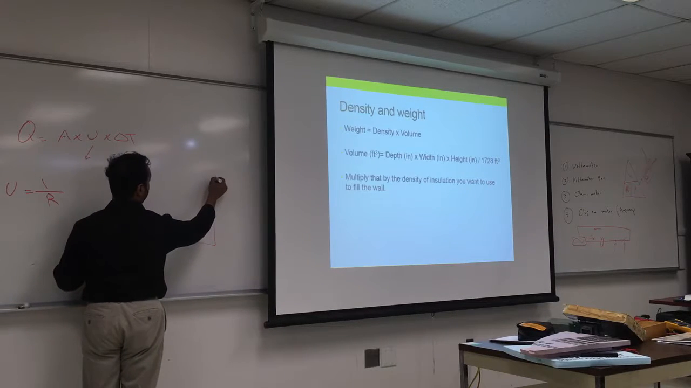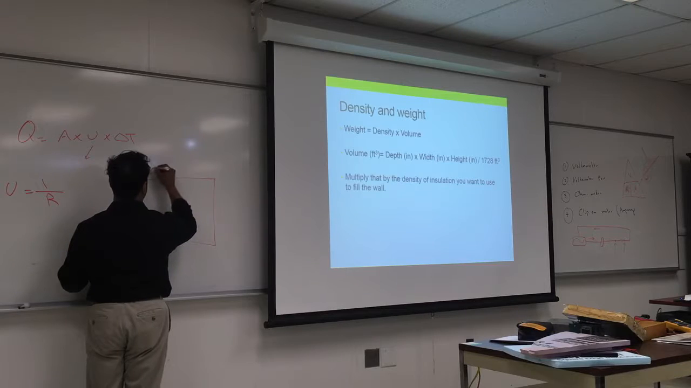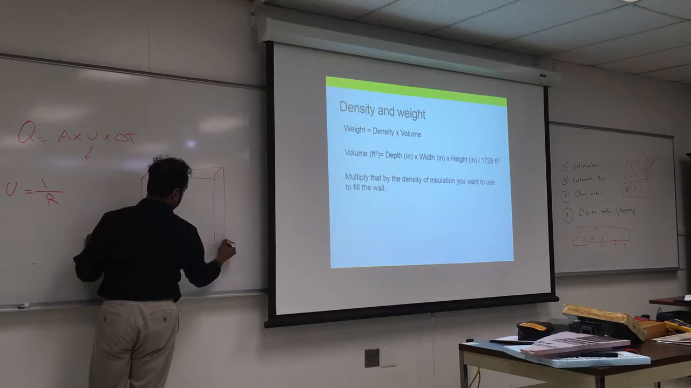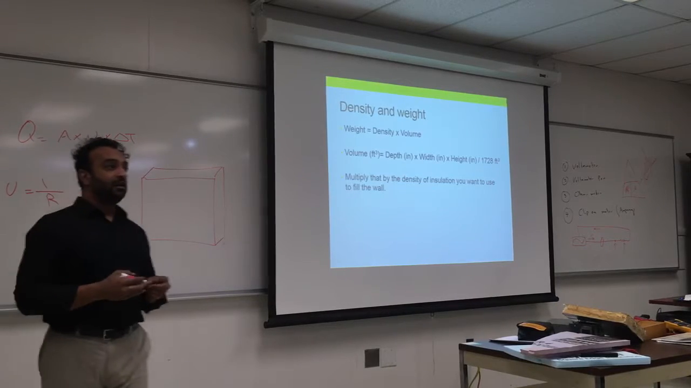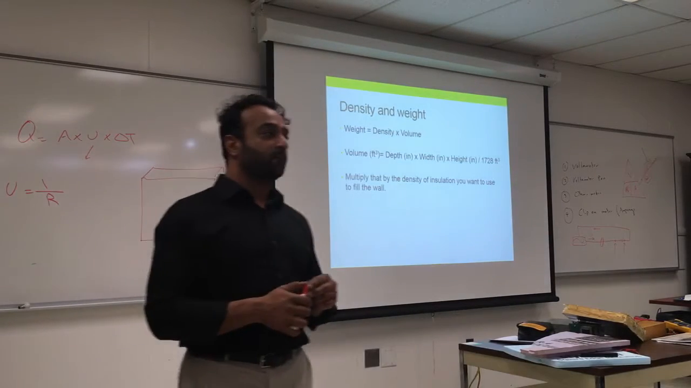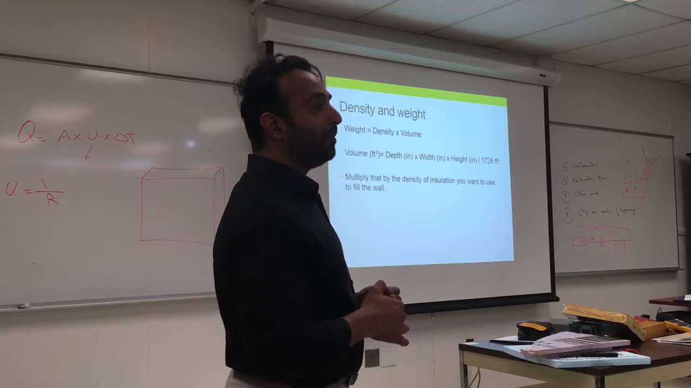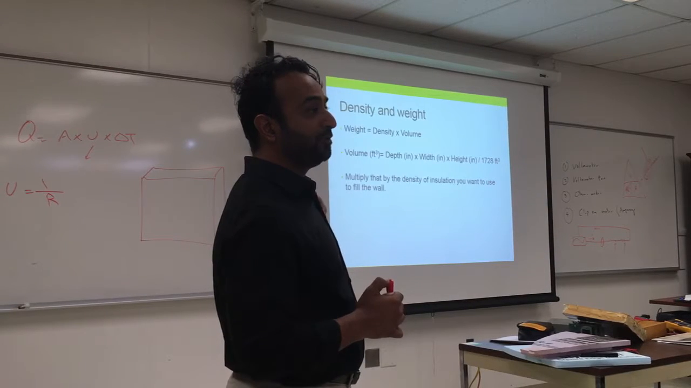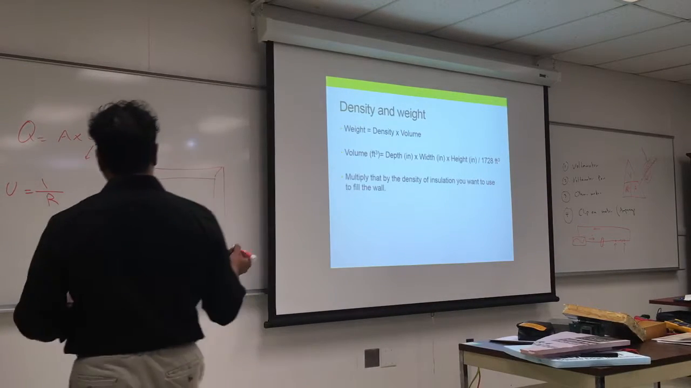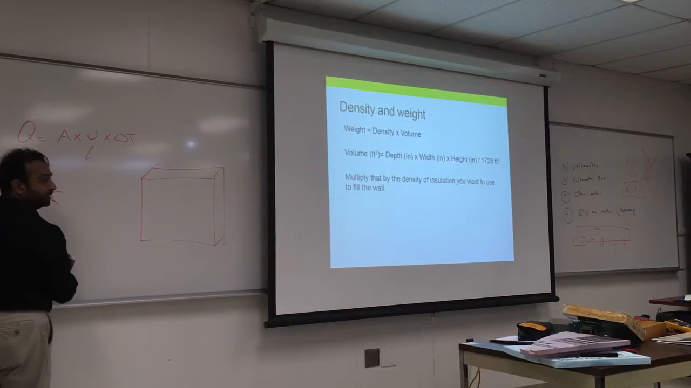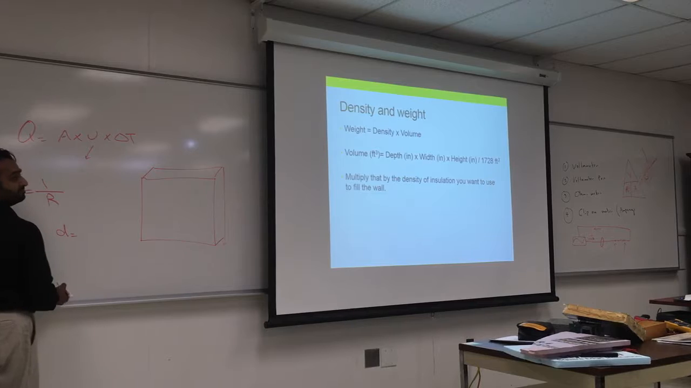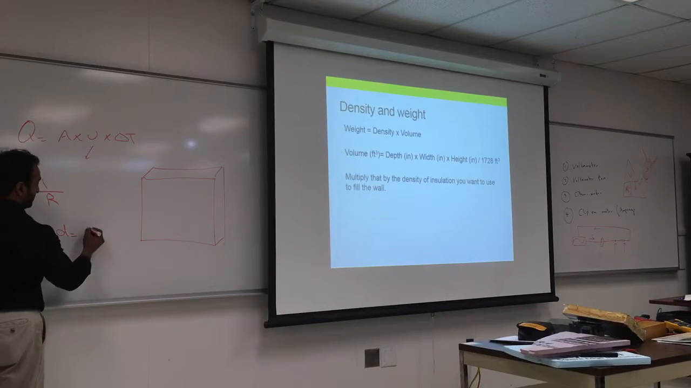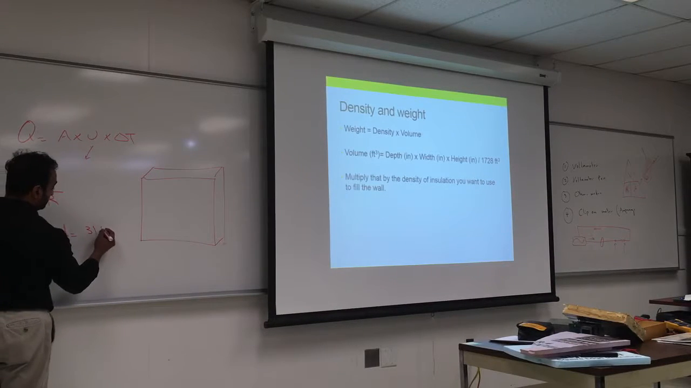Sorry if I went through it very fast. So let's imagine this is a wall, okay? And it's empty, and I want to fill it with insulation. I want to know how much weight of insulation I should put there to achieve the proper density. So I'm going to use, for example, cellulose, and density is supposed to be 3 pounds per